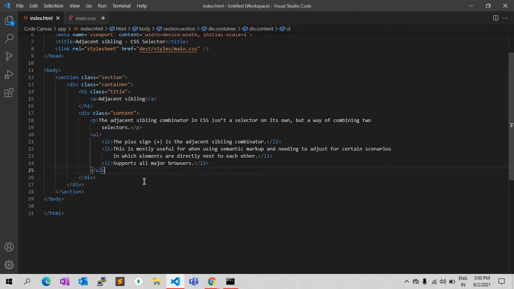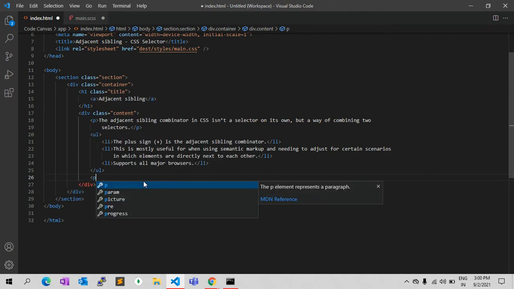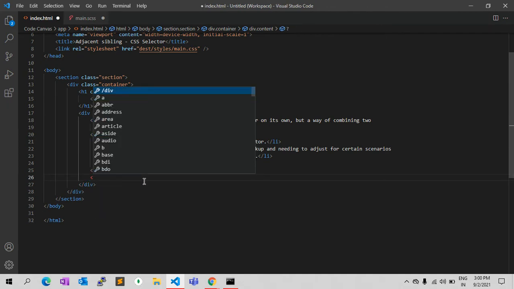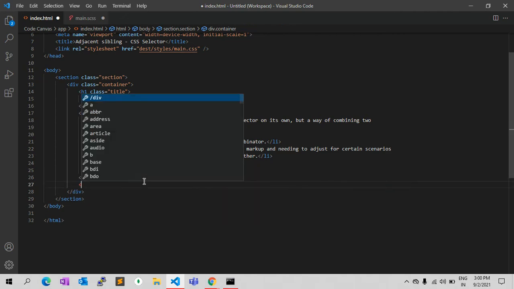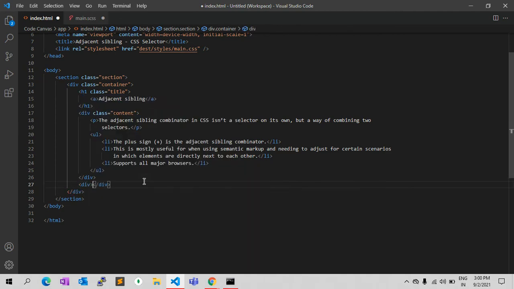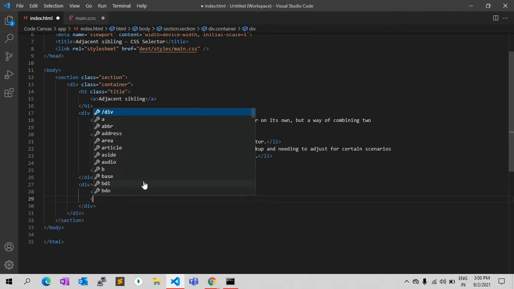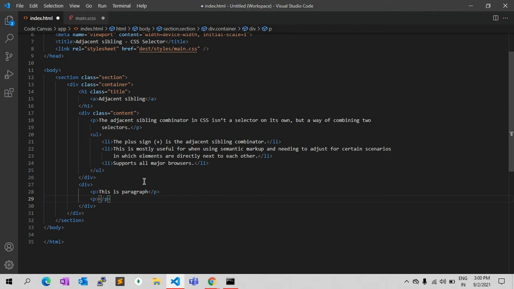For example, in HTML I have one div. In the div, this is a paragraph. There is another paragraph. I am selecting it. The div is completed.